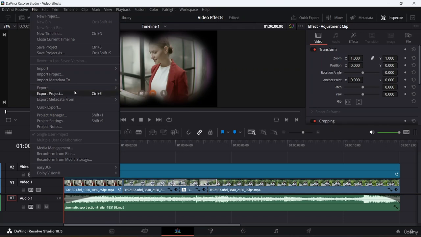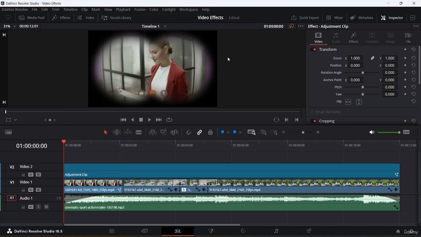If you do want to save the working file, you need to go to Export and select what you want to export. Do you want to export the timeline? You guys can export the timeline, or do you want to export the whole project? You guys can come here and export the whole project to save this for later management. Okay, so this was about saving, and now let's go to this Deliver page, which is there at last,